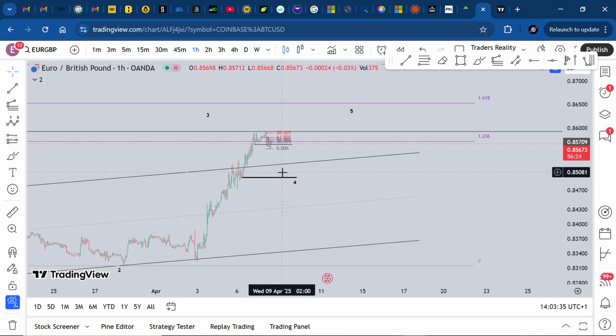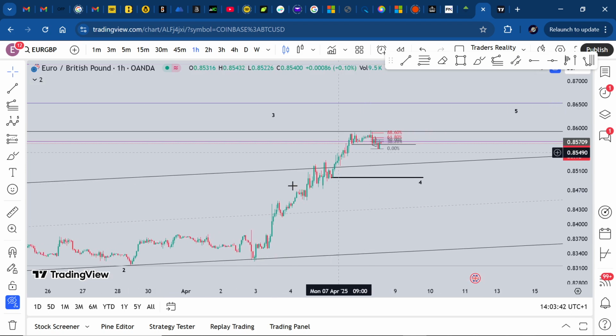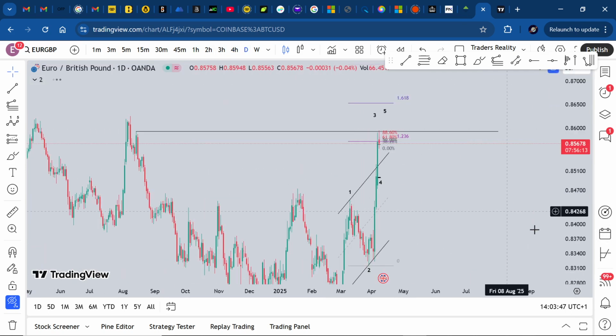So if we come back down in and we don't immediately go up and we break any level inside of there, to me, that's an ABC. But I'm going to look at the bigger